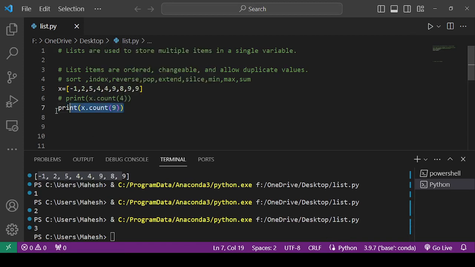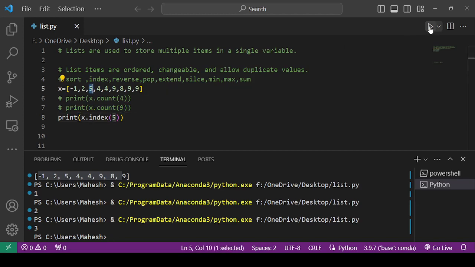Now next one is x.index. Let's say 5 is the element which is at index number 2, so I will get the answer 2, because 5 is standing at index number 2.